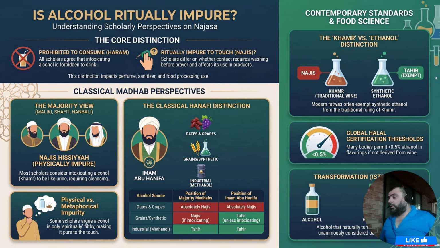Now, about alcohol. This is a very important topic because alcohol nowadays, not the khamr, but alcohol as a broader category, is used in a lot of different substances. So, can it be applied on the body or not? It's in perfumes and so on. Can those perfumes be used or not? Can those body sprays be used or not? Can vanilla flavor be used or not? We will discuss it in a lot of detail, inshallah, when we get to lesson 7, which is about intoxicants,